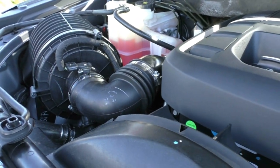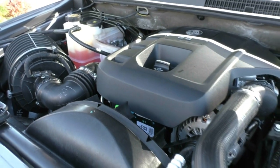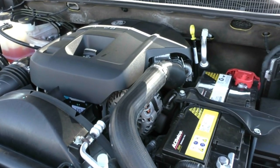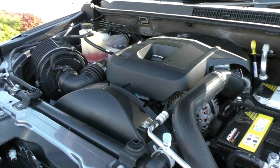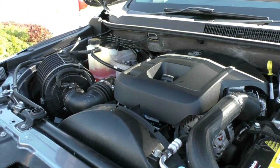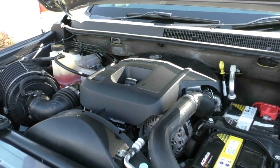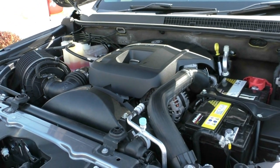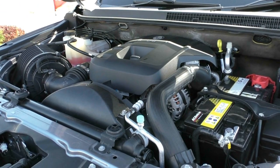This engine produces a really good 147 kilowatts of power and also 500 newton meters of torque. You also get a 6-speed sports automatic. You get a 76 litre diesel tank that gives you really good fuel economy, 8.6 litres to the 100 Ks. So out of a 76 litre tank, your fuel average distance is 884